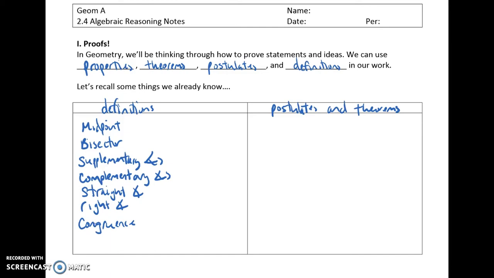But those are a lot of words that we might be seeing in terms of information that you're given or things we can use to create links in our proofs. All right, postulates and theorems. So some that you might remember are segment addition postulate, the angle addition postulate,